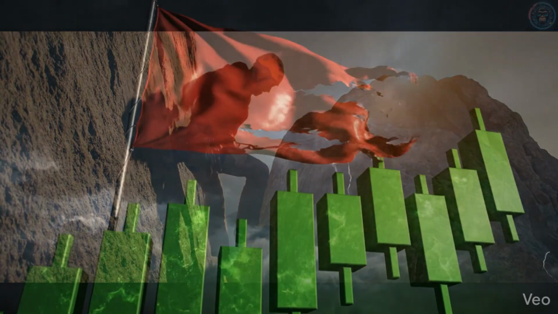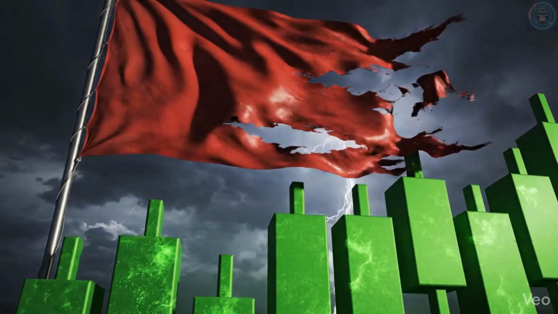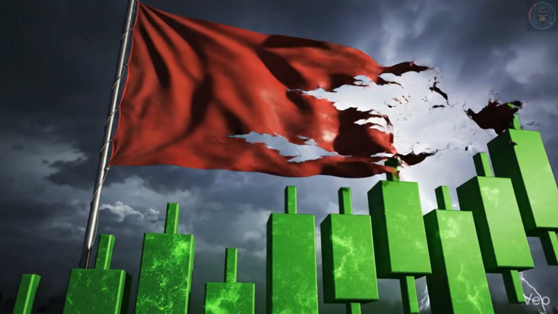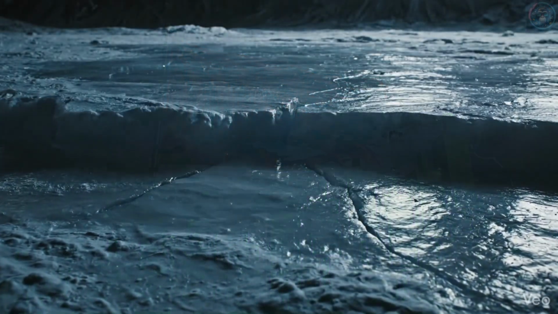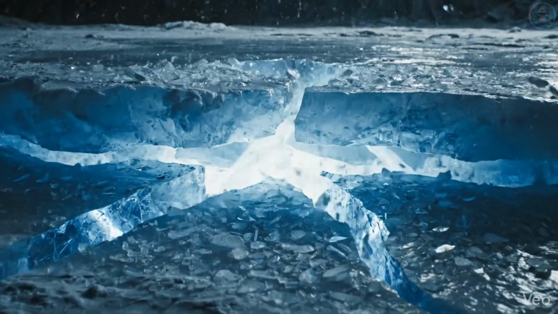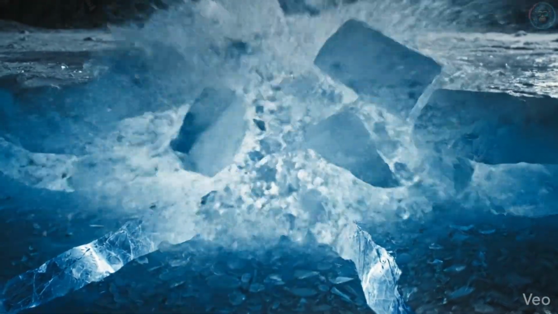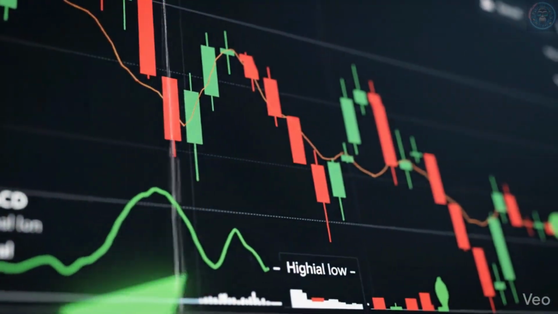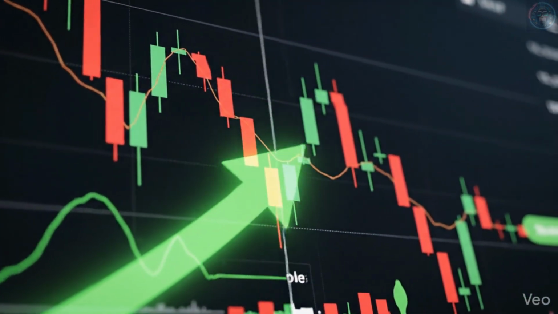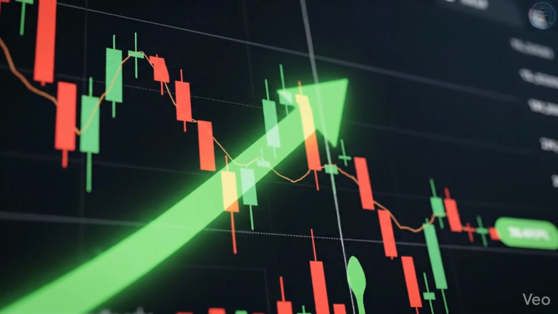This dangerous scenario is called bearish divergence, a massive red flag indicating that the current uptrend is losing its internal strength. Even though prices look perfectly fine on the surface, the underlying momentum is secretly dying, foreshadowing a sudden and brutal drop. Conversely, bullish divergence happens when the price crashes to a new low, but the indicator actually forms a higher